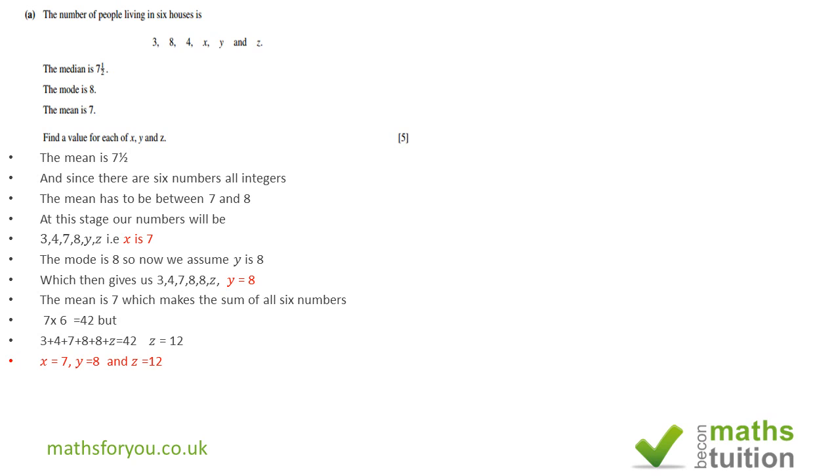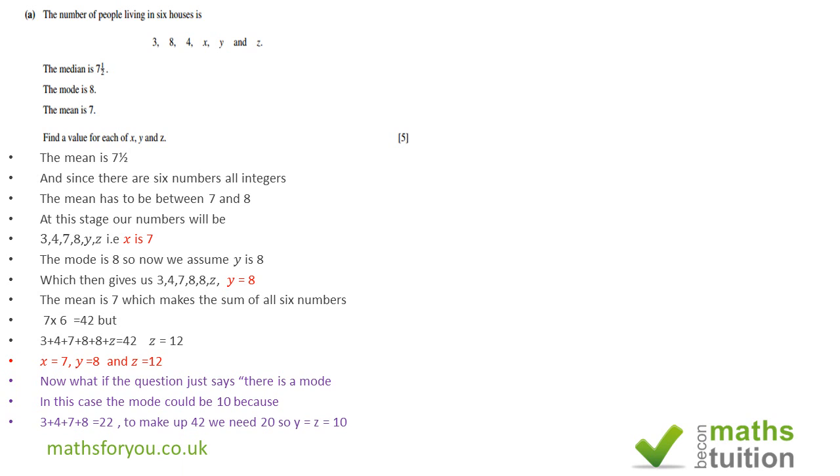Now, as I said earlier, what if the question just says there is a mode? So far we've got 3 and 4 and 7 and 8. If we add those together, we get 22. So that leaves us with 20. Now if we divide 20 by 2, you get 10, which then suggests that Y is equal to Z is equal to 10. Okay,